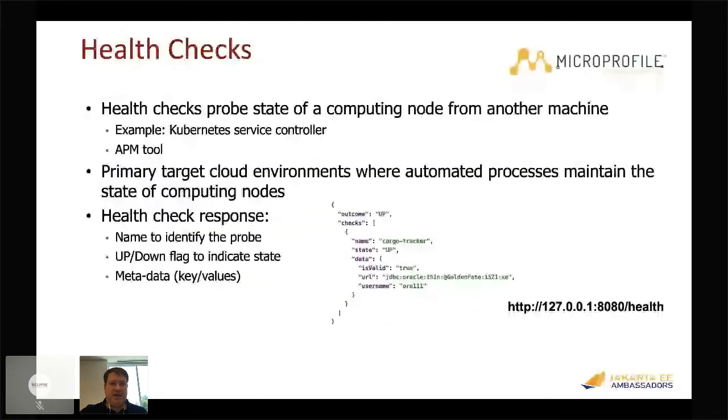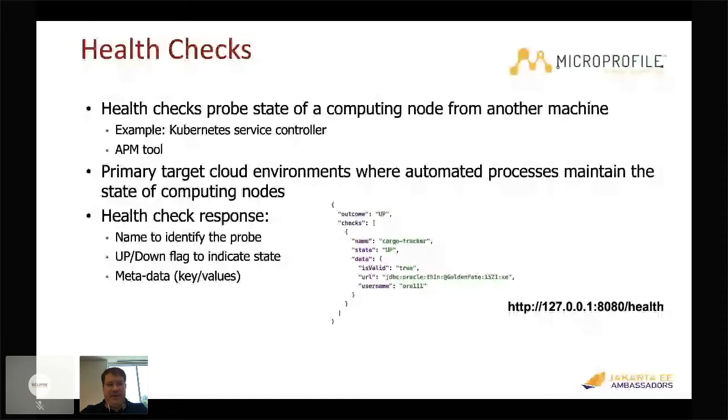Health checks provide a way of probing an application to find out how it's doing. So, for example, if you're deploying an application to a Kubernetes cluster and you want it to use this for determining whether the application is up or down. The primary target for health checks is cloud environments where you have some automated process maintaining it. So the health check will basically say whether the application is up or down and provide some information on its